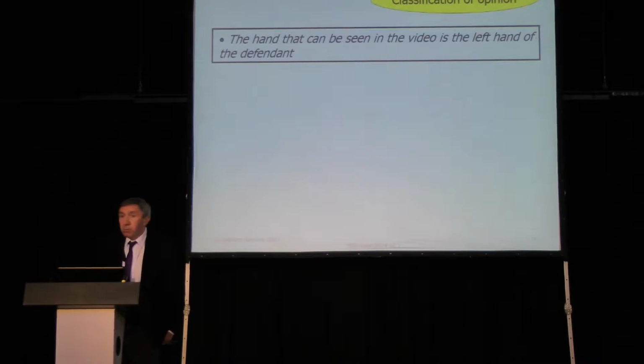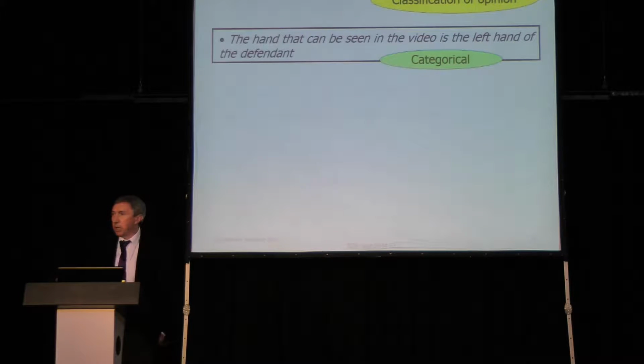Now, it may be that she sees something in those images and she says, I think that is the left hand of the defendant in that paedophile offence image. I think it's his hand. What's stopping me saying that? I'm the expert. I've looked at these images for many, many years. And we've called that a categorical for obvious reasons.